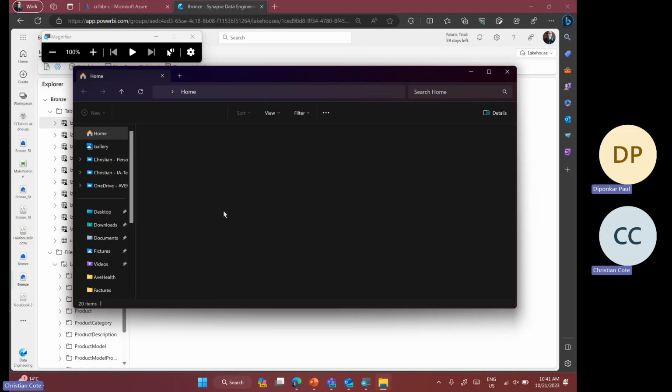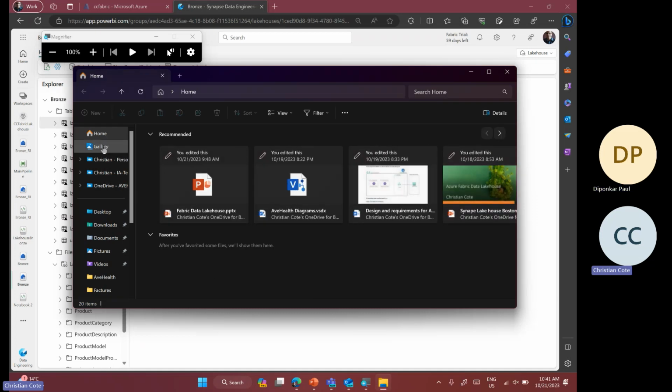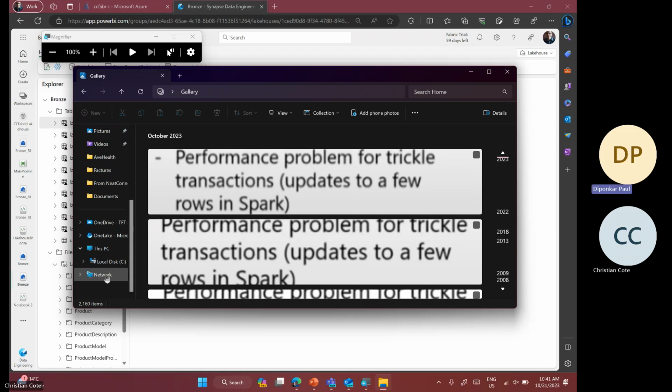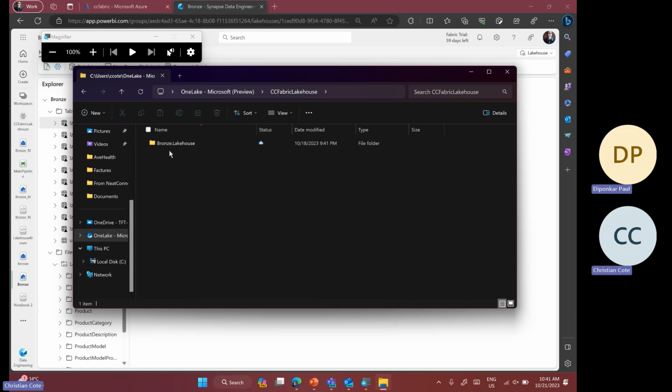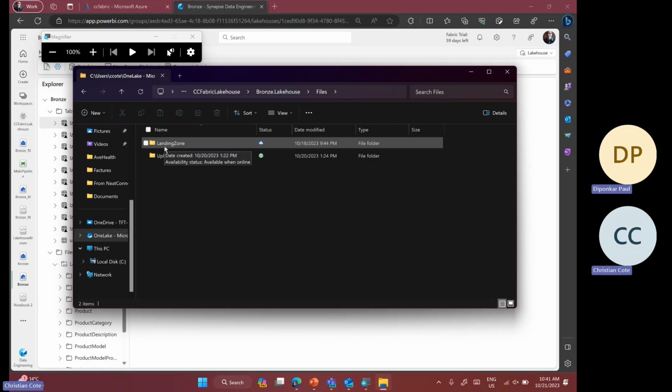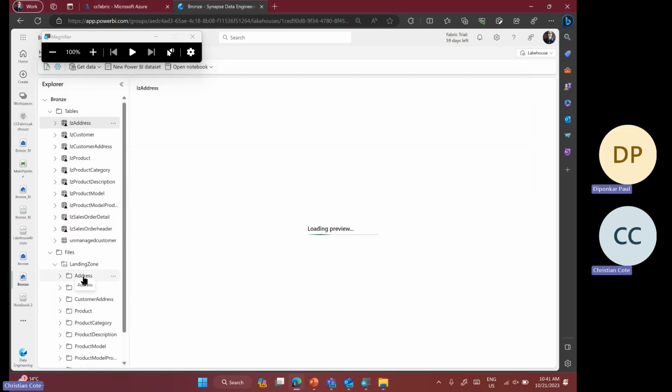Now, if I go to Windows Explorer here, I will see my OneLake somewhere. OneLake. Okay, now you see all my workspaces here. If I go to the bronze Lakehouse, tables and files, I can upload the file here from my PC. Much easier than going to Synapse before and uploading using Synapse. Now, this is an extension that you have to install on your machine, which is very interesting. So now that I'm here, I upload files. I can do something: load to table. Load to table, I can say existing table.